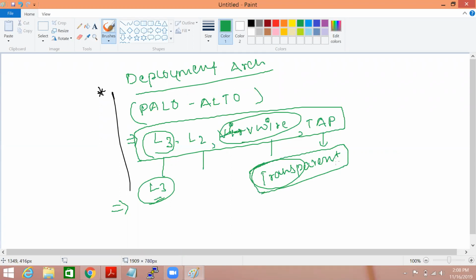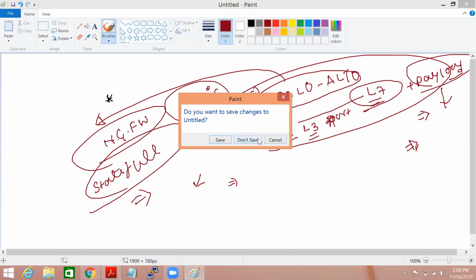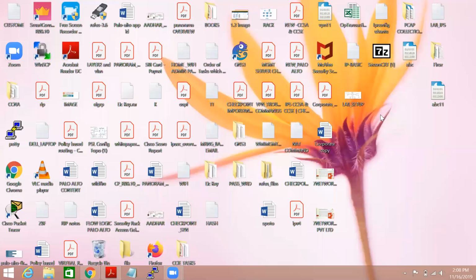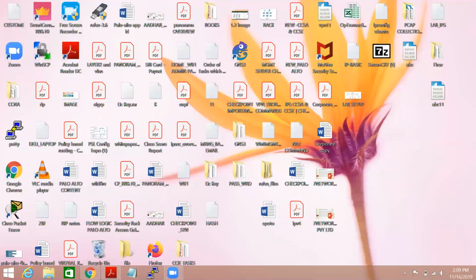Let's say there is a setup where we have an ASA firewall and an old setup which is already running. How can we fit our next generation Palo Alto firewall into the existing scenario without any infrastructure change or routing change? These things we'll have to understand. So guys, I'm going to start from the L3 configuration itself, like how we can access, and we'll have to understand the basics of the lab also, like how we can perform the lab.